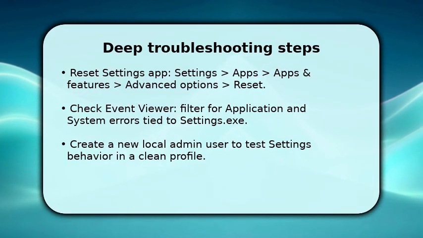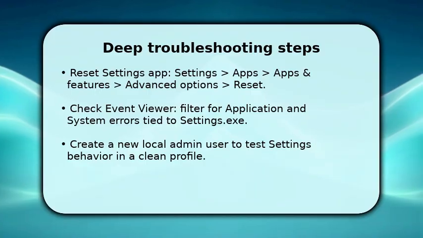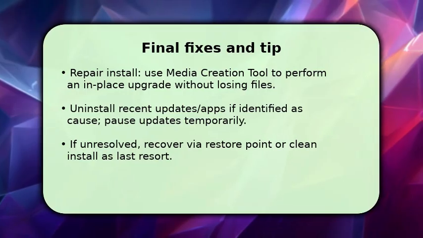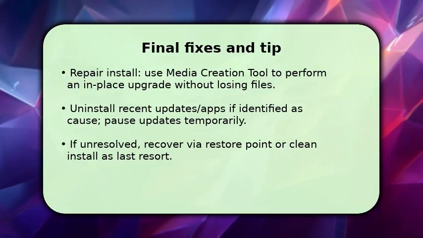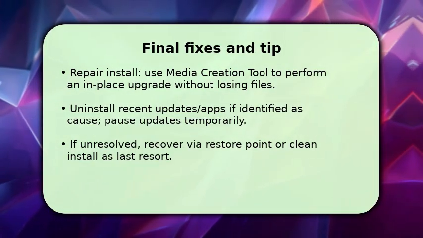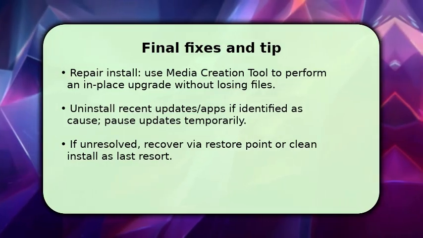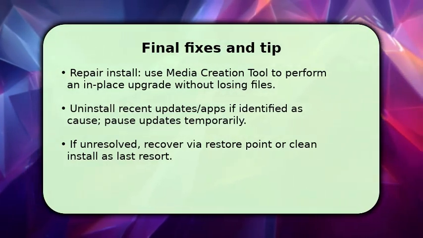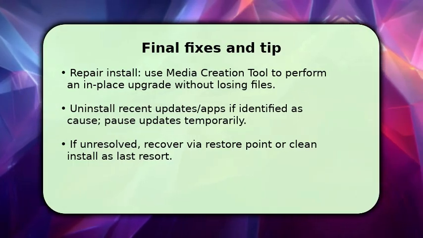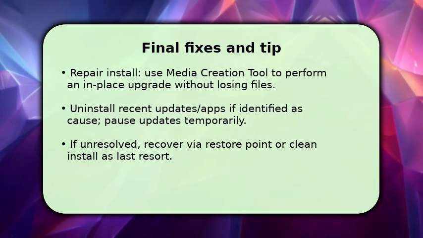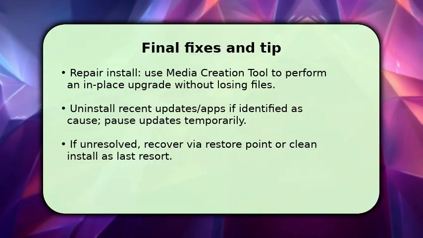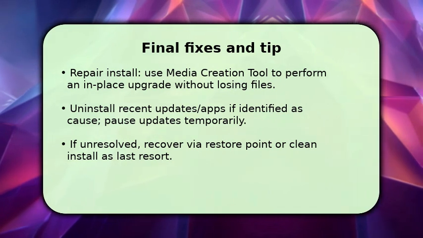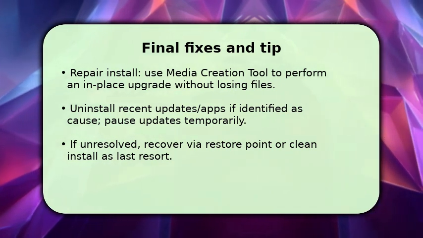To finish, apply corrective actions based on what you learned. If system files or components remain problematic, run an in-place repair using the Media Creation tool to refresh Windows while keeping files. This replaces damaged system binaries. If Event Viewer or a new profile implicated a recent update or app, uninstall the offending item and pause updates briefly while stable. Make sure to test settings after each change. If nothing works, restore to the earlier restore point or prepare a clean install. And if needed,